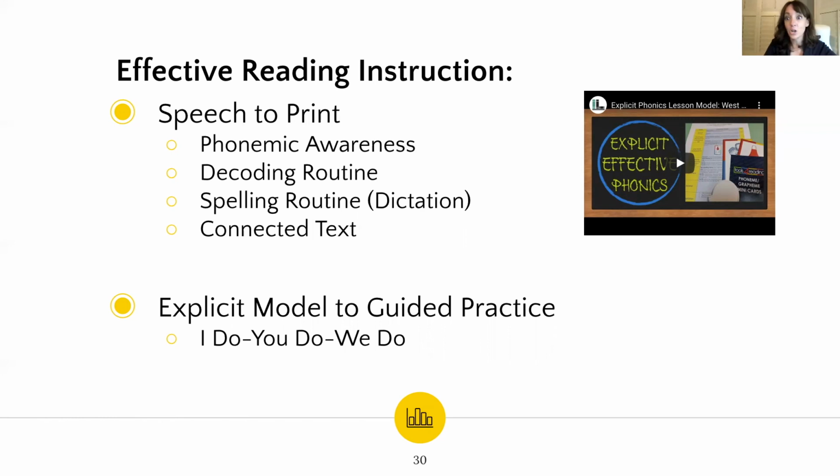You might have heard me say earlier that you need at least five exposures to a word to be able to map that to your sight vocabulary. So if you need about 5 exposures, you need to be doing it in decoding and spelling and then reading it within text. So you want to have multiple layers. And also we talked about how meaning is important. So yes, reading it in isolation and decoding routine, that's a great idea. But we also want to read it within connected text and linking it to meaning to help solidify that